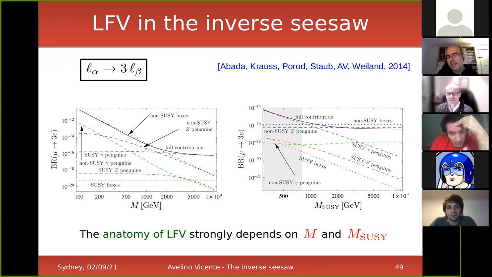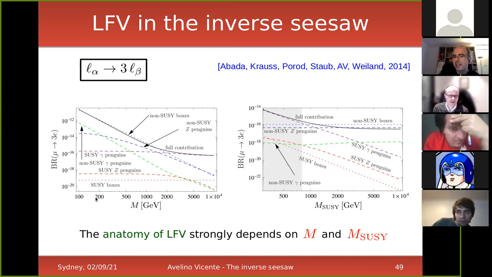So I didn't explain this well because it wasn't the point. I just wanted to highlight that the phenomenology can be very rich. So let me now explain a little bit. The plot on the left is done with varying singlet mass, but with a fixed value of M SUSY. So the supersymmetric masses here are fixed in this plot, and they are about 1 TeV. So that's why in this region, on the left of the plot, all supersymmetric particles are much heavier than the singlet fermions.